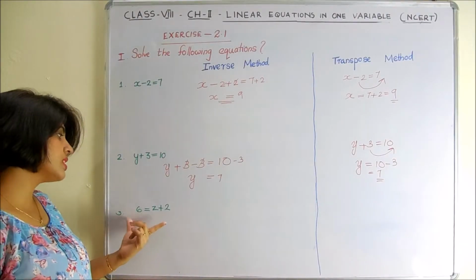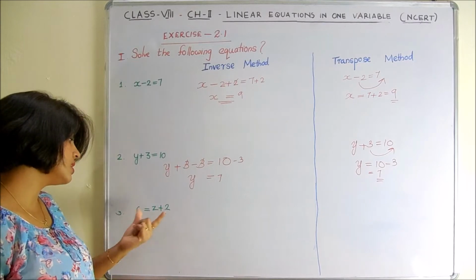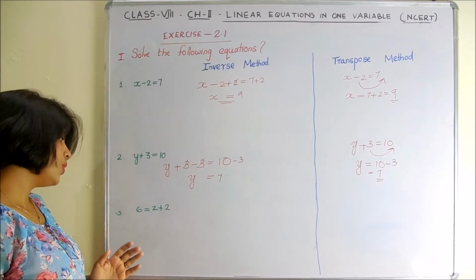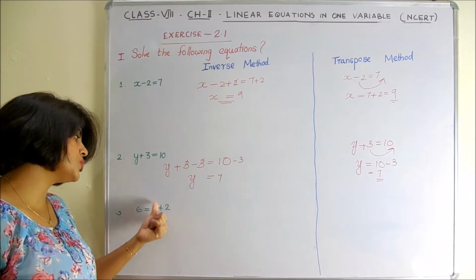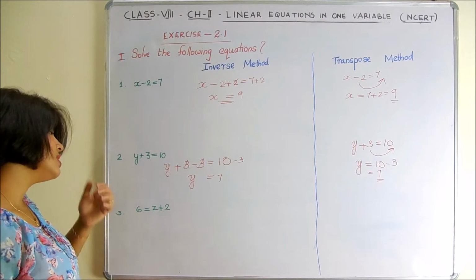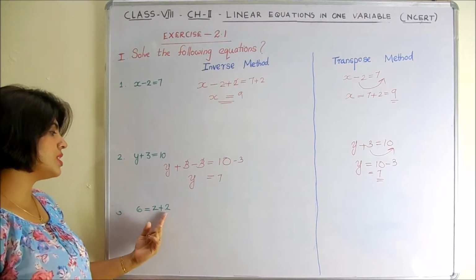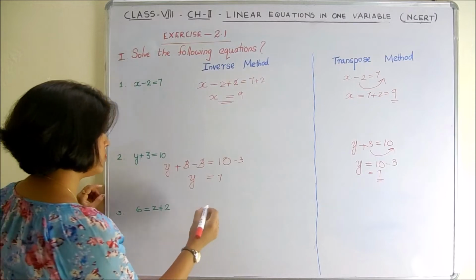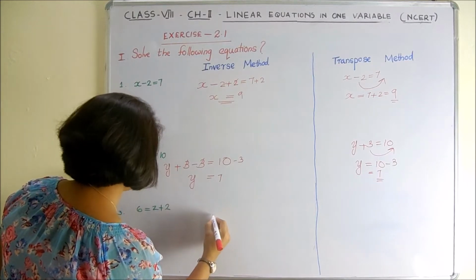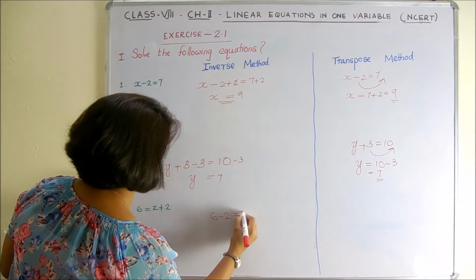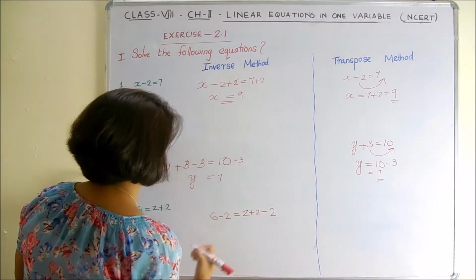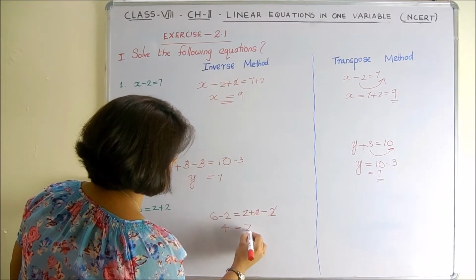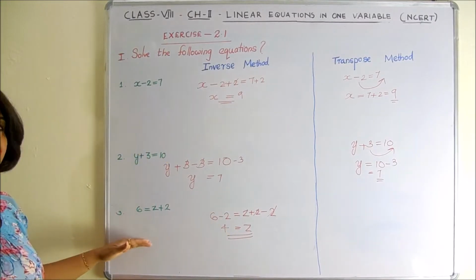Now, third question, 6 equal to z plus 2. Here you can see that the variable is on the right hand side of the equation. So, we have to eliminate this plus 2 from the RHS, right? So, we can eliminate this plus 2 by subtracting 2 from both sides of the equation using the inverse method. So, the equation becomes 6 minus 2, which is equal to z plus 2 minus 2. Here it would become 4 and z, here 2 cancels out, then z equal to 4 is the solution using